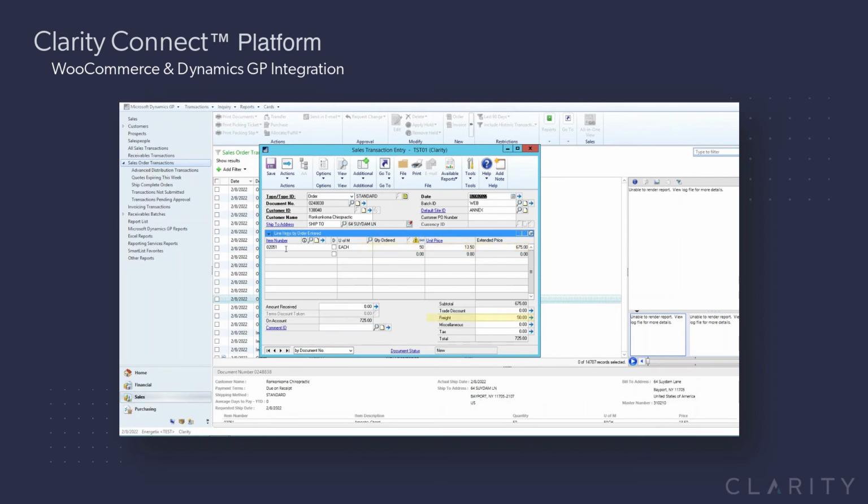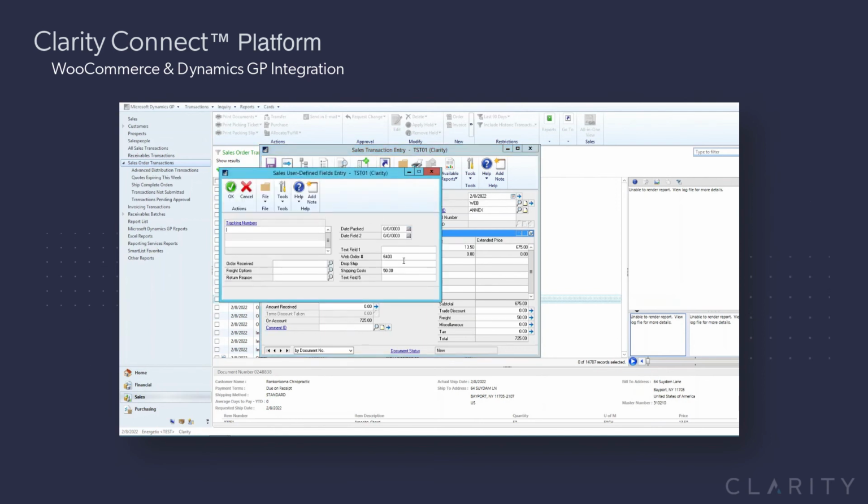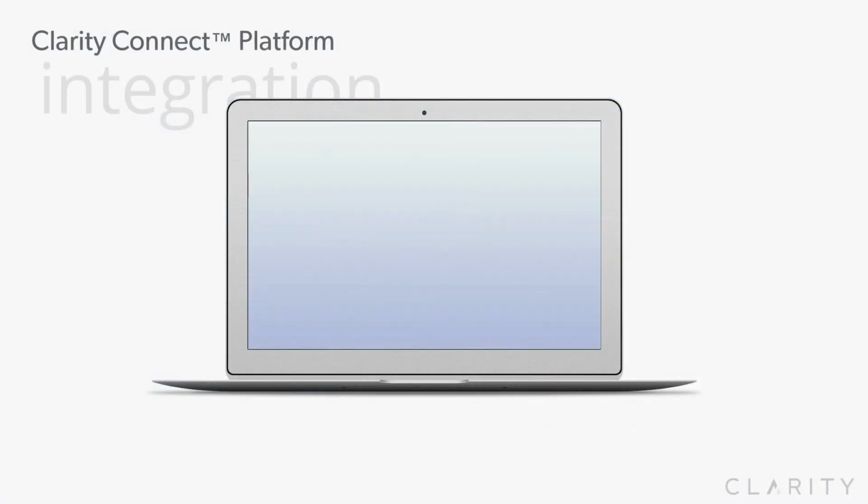Finally, we'll drill into the user-defined fields to see that we created custom fields and populated that for the web order number, in our case pulling that from the WooCommerce order number of 6403, thus ensuring it's the same order. So in summary, we started by creating a new user in GP and synced the contact, details,